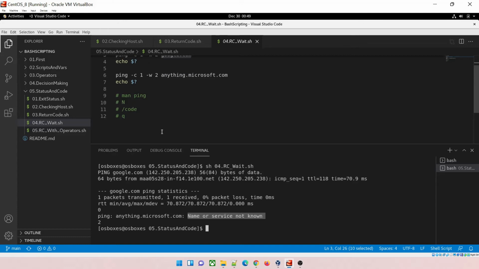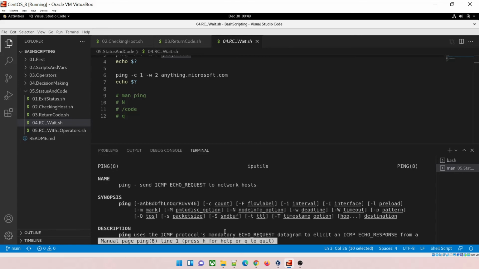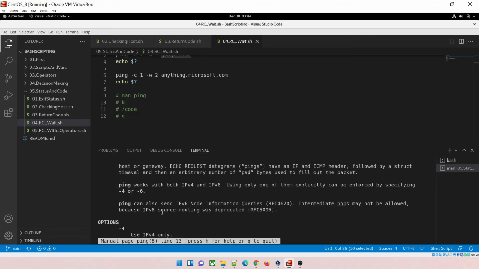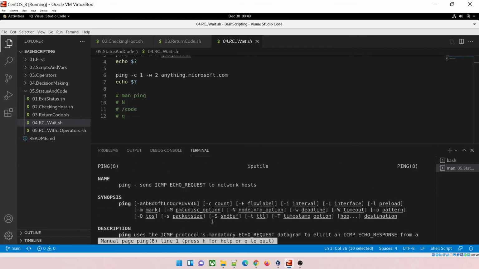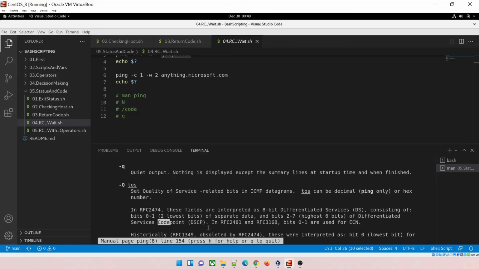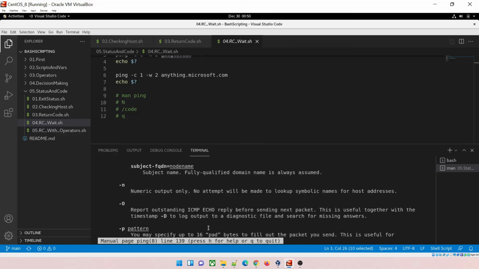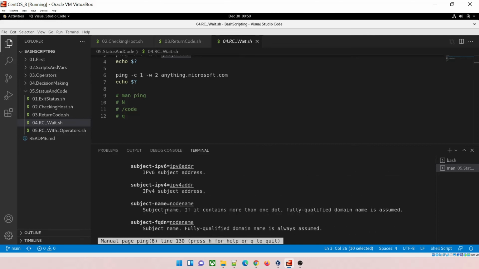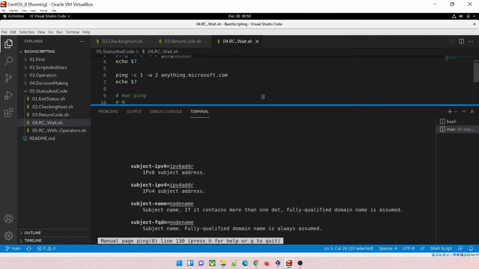So I was trying to tell you what a man command does, which we discussed in the presentation. So let's understand this. So if I type man over here, okay, now these are the name, synopsis, description, and a lot of things. If you want to move forward, what you can do is you can just type n. It'll take you forward. You can just scroll through and see what is the pattern over here, numeric output and stuff. I'll just push this.